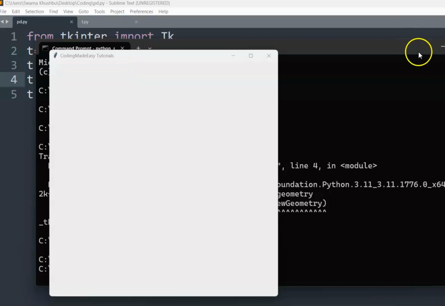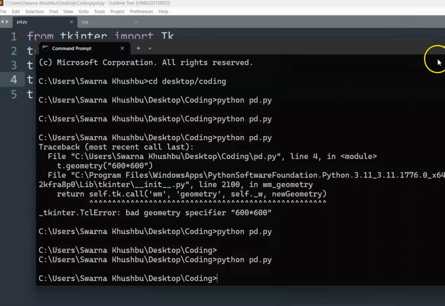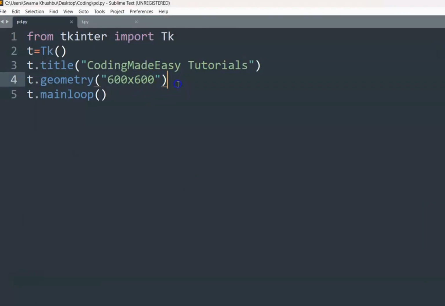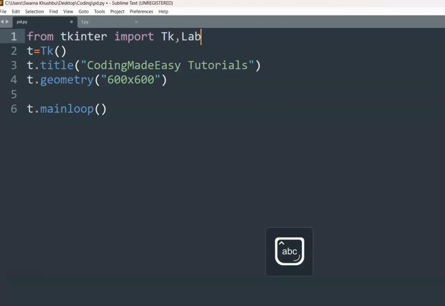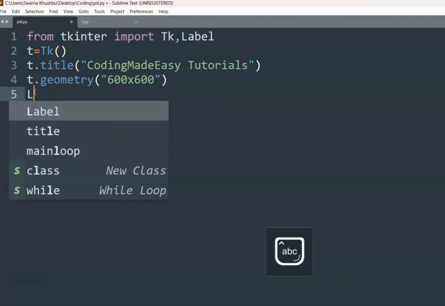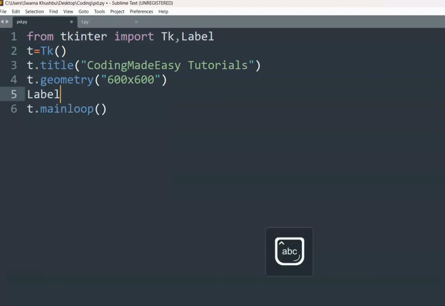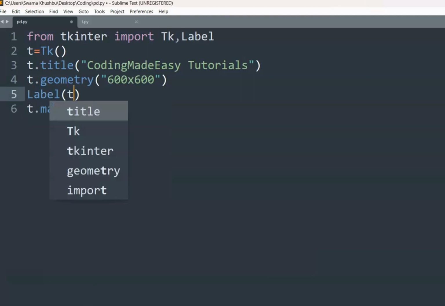So how to use label? Since it's a form of widget, we can import tk, and along with that we can also import Label so that we can use it in our program. Here we can write Label,